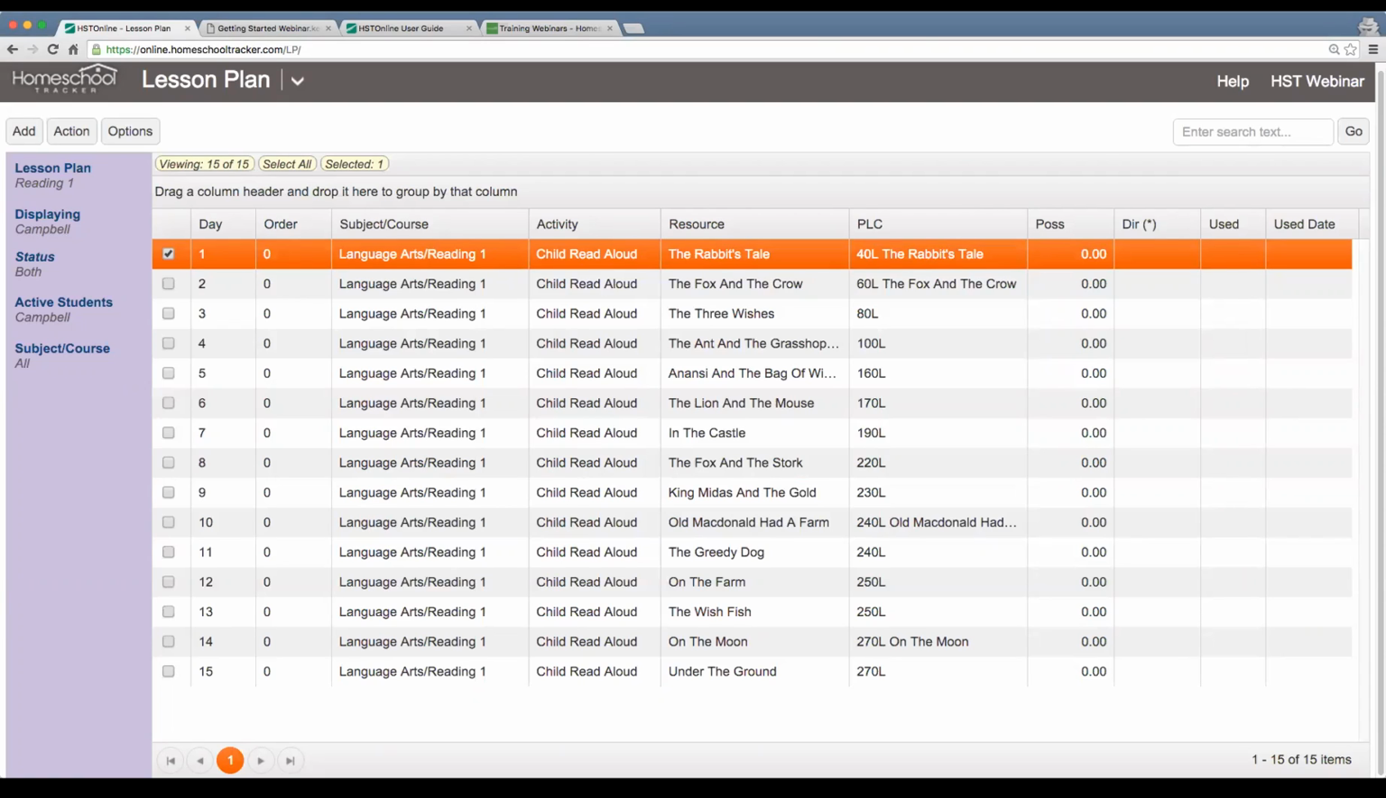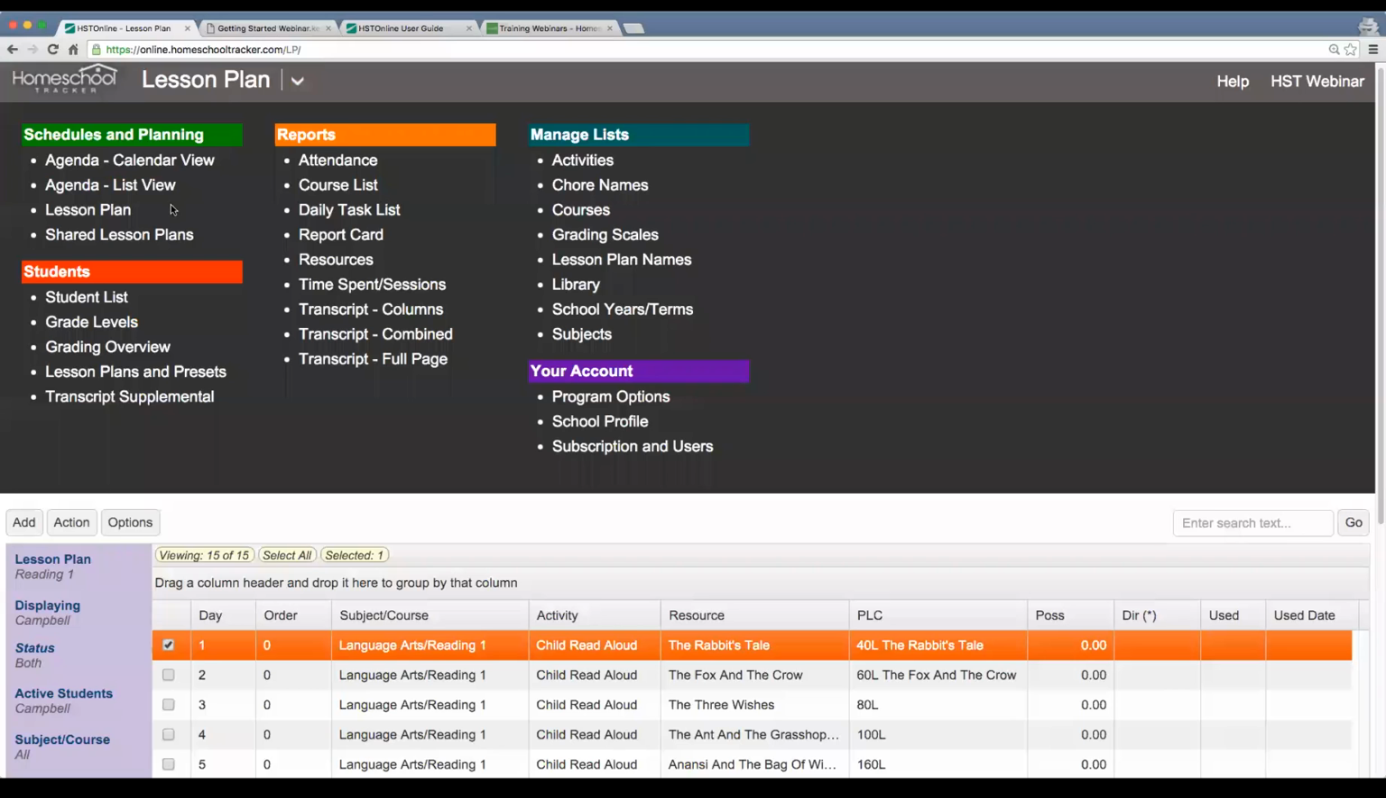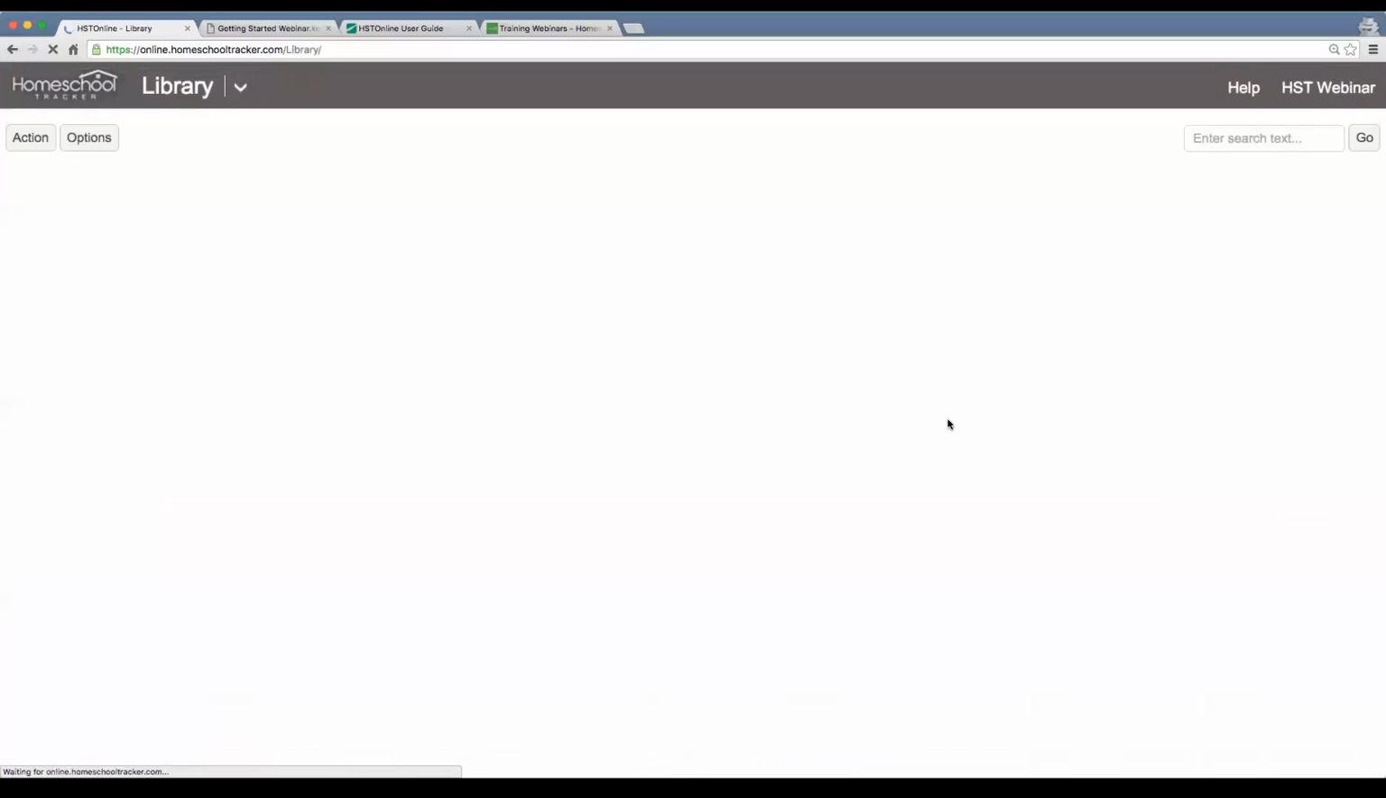Okay, Danielle is asking, how do I archive books so they don't show up? Got duplicate books after importing lesson plan. Okay, great question. So if you go to your library